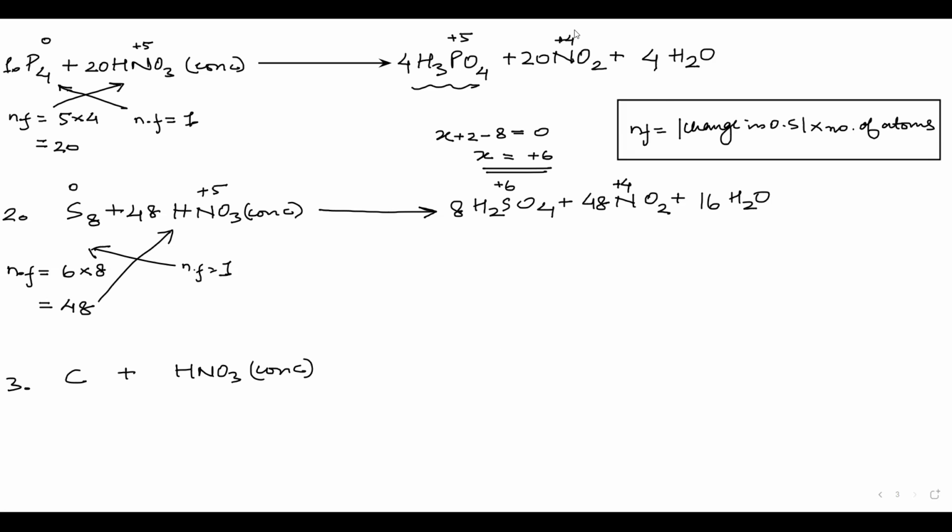Yes. Okay. Now you have carbon plus HNO3. Then the products will be what? It will be carbonic acid, that is H2CO3, plus again NO2. Because for concentrated, you will always get these two products: NO2 plus H2O. So now you have to tell me the number of water molecules.